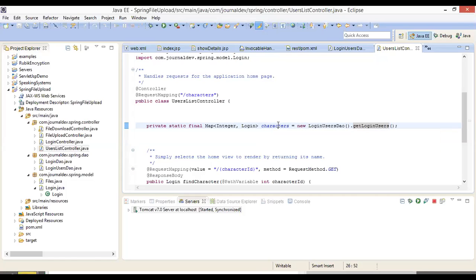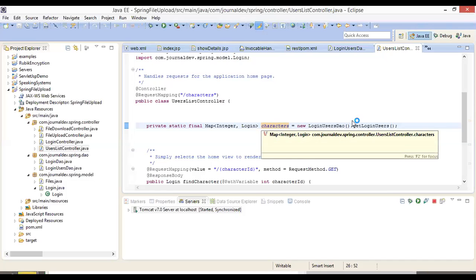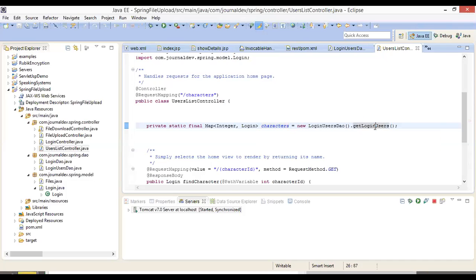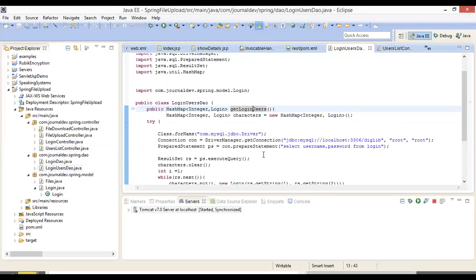Now, what is there in characters now? Can anybody tell? What is there in this characters map? Because this is a map, it will get the collection from getLoginUsers. But what is getLoginUsers doing?